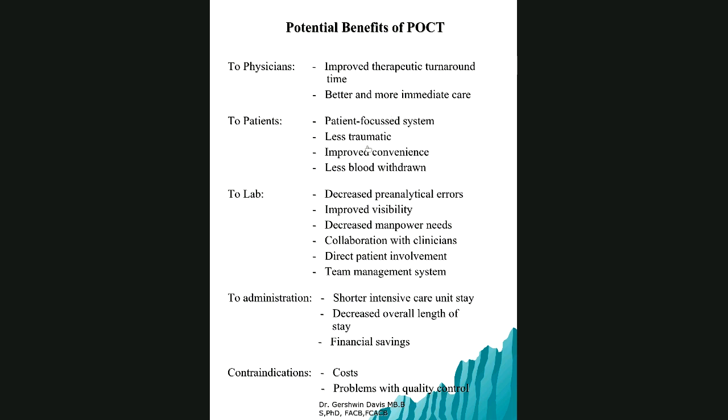Okay, fine, convenience, yes, you can have it even in the pharmacy if you want. But this point here, less blood drawn. Okay, key point. Frequent blood draws can lead to iatrogenic anemia, depending on whether you're an infant or adult. If you're an infant, you have a lower total blood volume, whereas an adult is usually over 5 liters. With frequent blood draws, you can actually cause anemia.